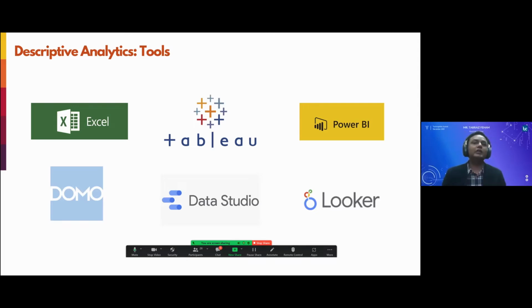So all of these tools, most importantly, are point and click tools. With none of these tools do you have to learn SQL, structured query language, or some kind of programming language, or a particular coding language. With none of these tools do you have to learn any kind of technical language. All of these are point and click tools.